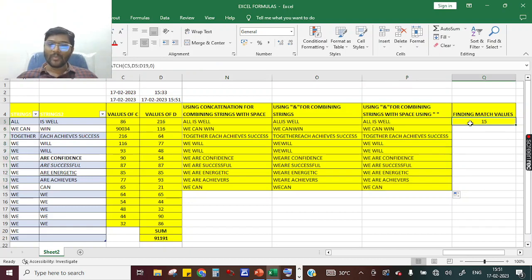Now let us perform an operation. We are going to find out the match between the values. For example, we want to check the value 86 which is present in the list of all C's. We want to confirm whether the same value is getting repeated here, and if it is repeating, from which location it is there. Using the match option, we are going to find out where it is. A simple operation. For that, we are going to use